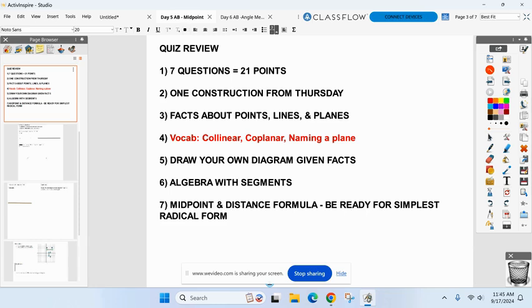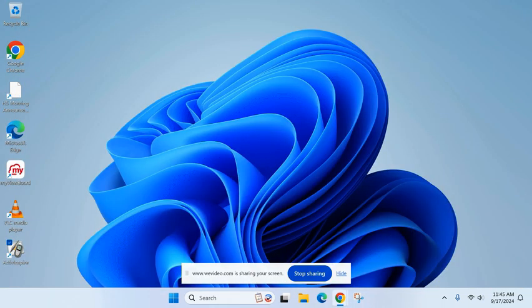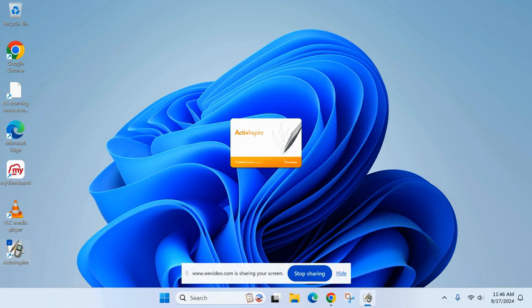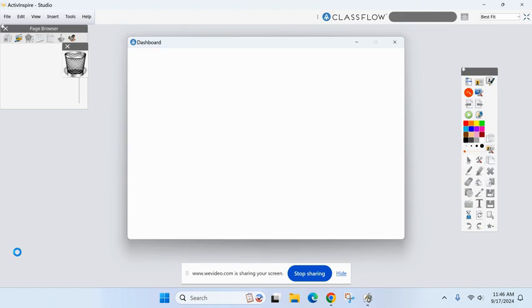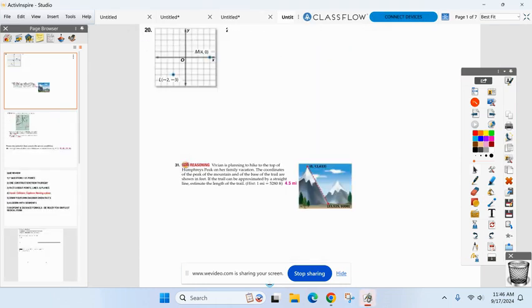One of them could be, of course, I'm going to give you a line segment and ask you to copy it. I could do that. Or I could give you a line segment and say, find the midpoint of it. Either one. It's going to be one or the other. Nothing else. I'm not going to add, subtract like you had to do on the assignment. It will all be copy a line segment,